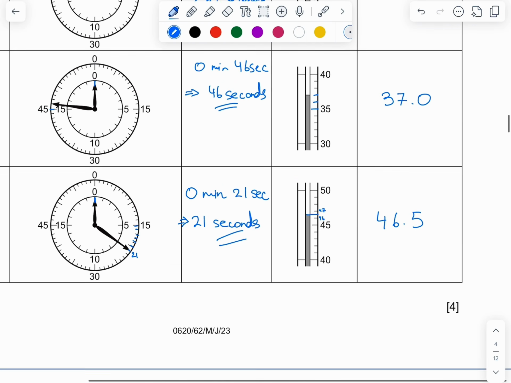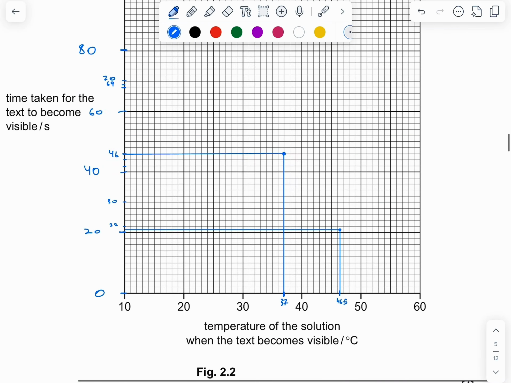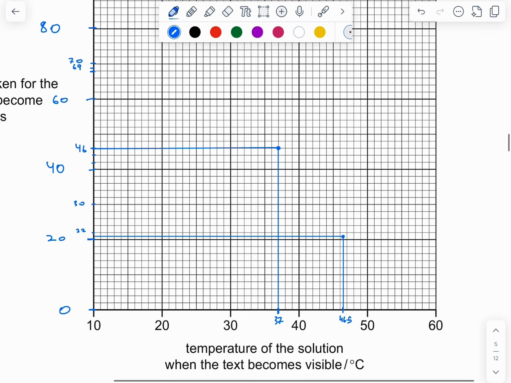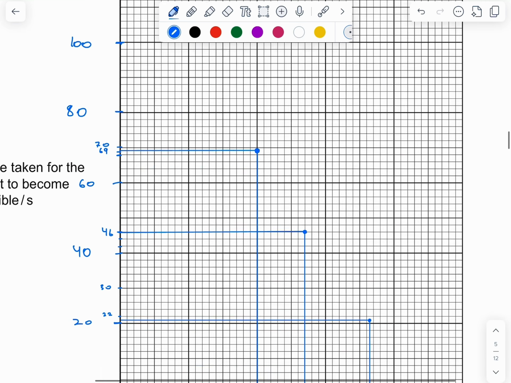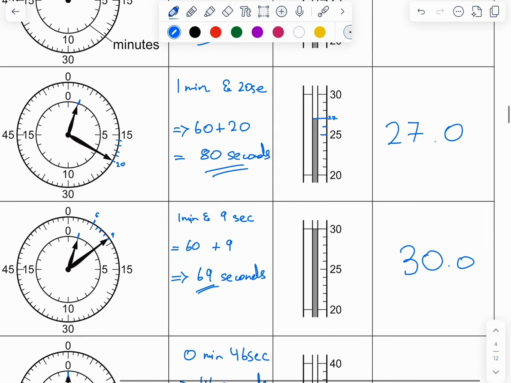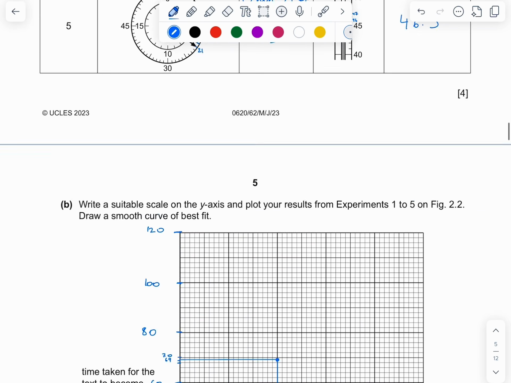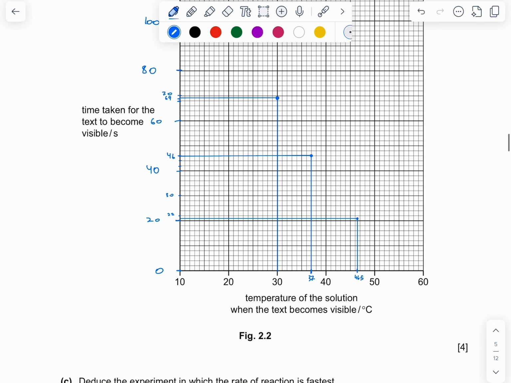And the temperature at 69 was 30 degrees. So let's look for 30 degrees. So right here, this should be the 30-degree line. We go up and we meet our 69 line right here like that. Alright, so this should be our third point. Okay, next we have 27 at 80 seconds. Okay, so at 80 seconds we are at 27.